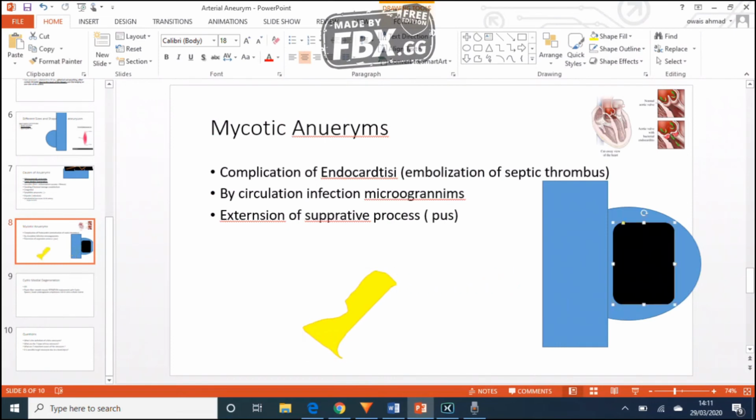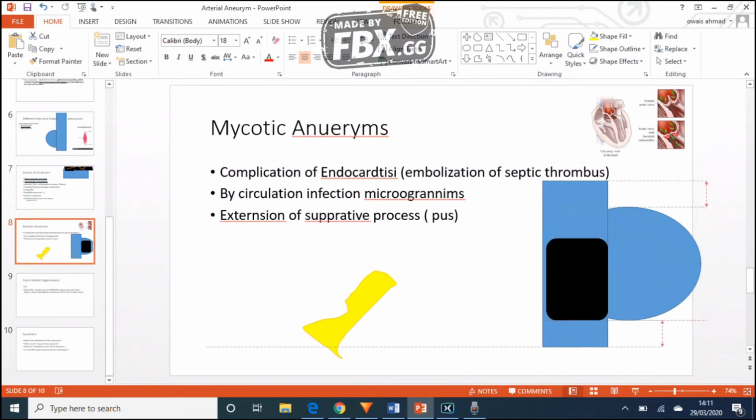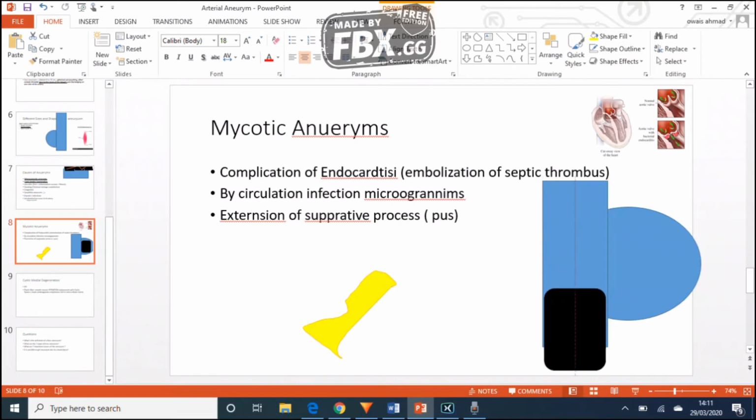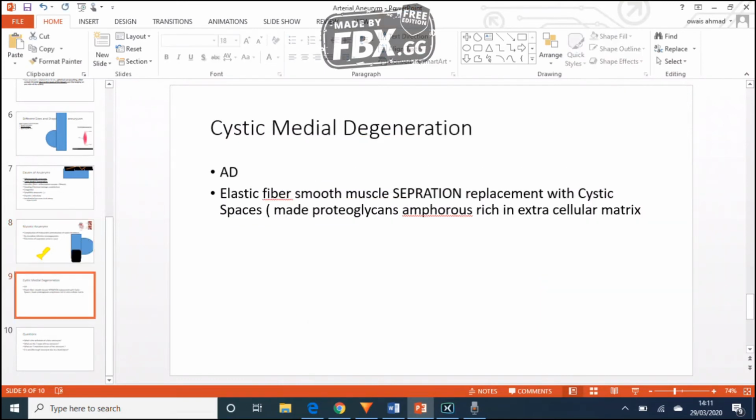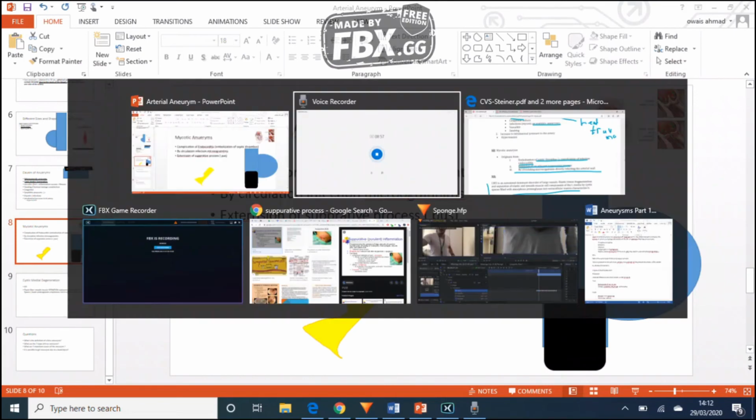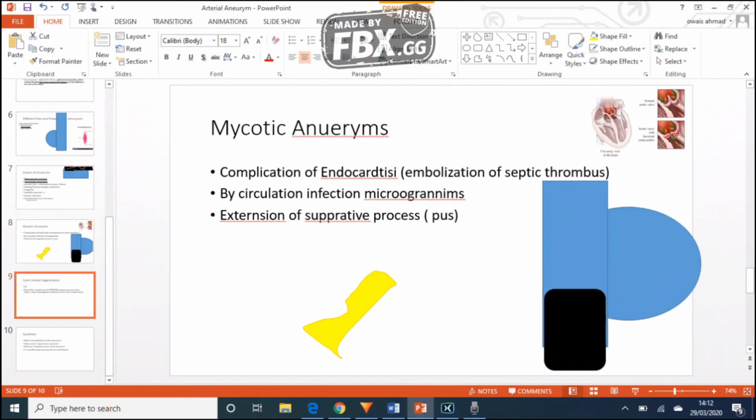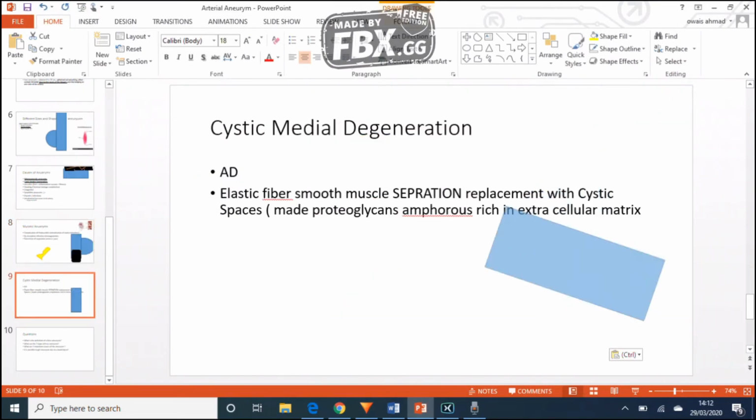I'll ask you another question. What are saccular aneurysms? Saccular aneurysms are 5 to 10 centimeters long, and they're essentially going to be symmetric outpouchings. The main thing is due to stasis of blood. Okay, what are the two important causes of aneurysms? So take your time to answer that. Alright, so here's the answer: atherosclerosis and cystic medial degeneration. So these two, and I've gone into detail for cystic medial degeneration.